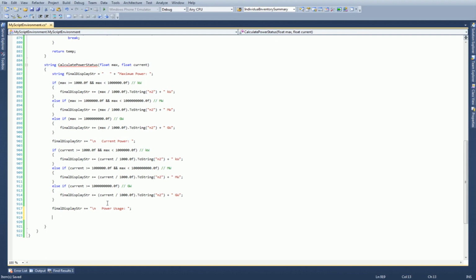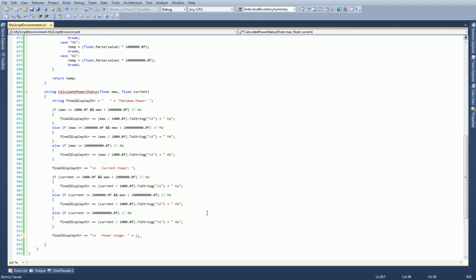This part. Maximum. So it's current. Multi